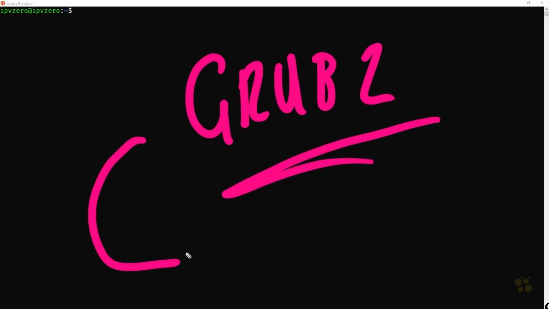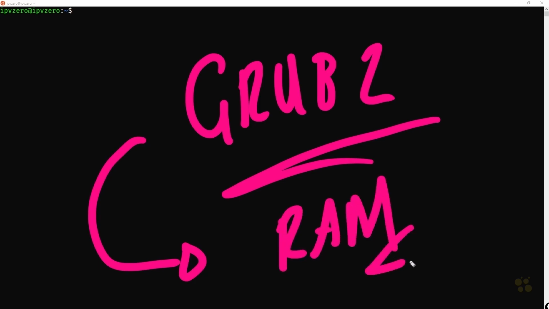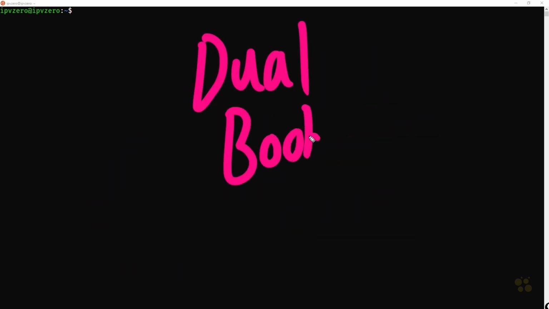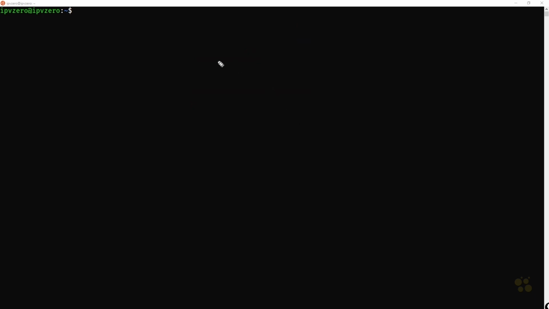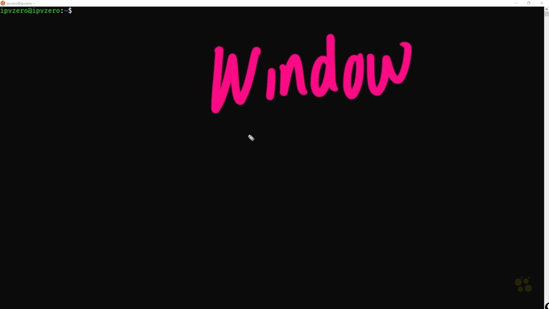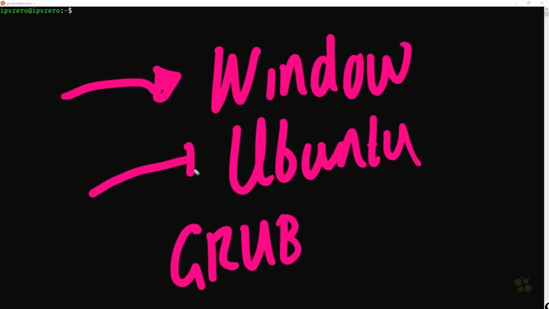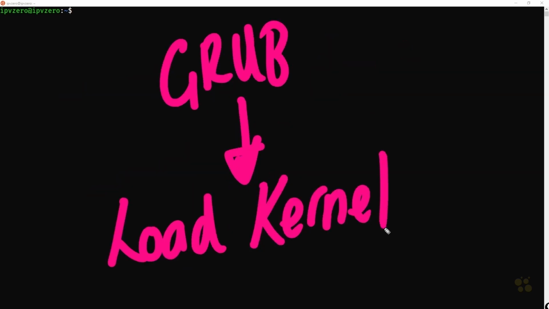A key thing to note here is that the Grub system is going to run in RAM. This is random access memory. So if you ever happen to have what is called a dual boot system, whereby you have two different operating systems installed, say for example a Windows system, as well as on the same machine maybe a copy of Ubuntu, when the Grub menu loads up, you can actually choose which system you want to boot up. Do you want to boot up Windows and log into Windows, or do you want to boot up Ubuntu and use Ubuntu? But ultimately, the main purpose of Grub, the main objective here, is to load our kernel